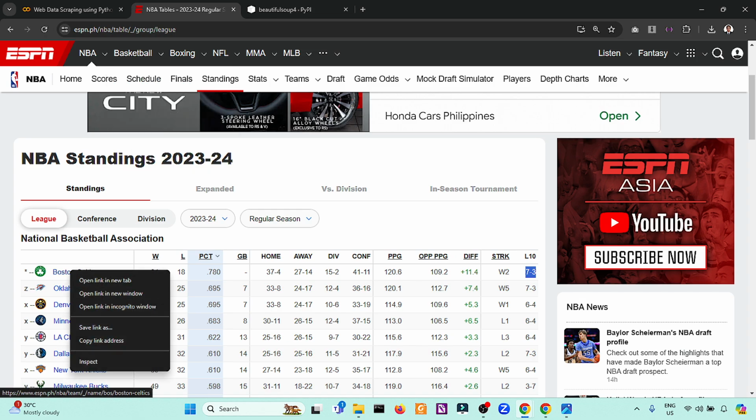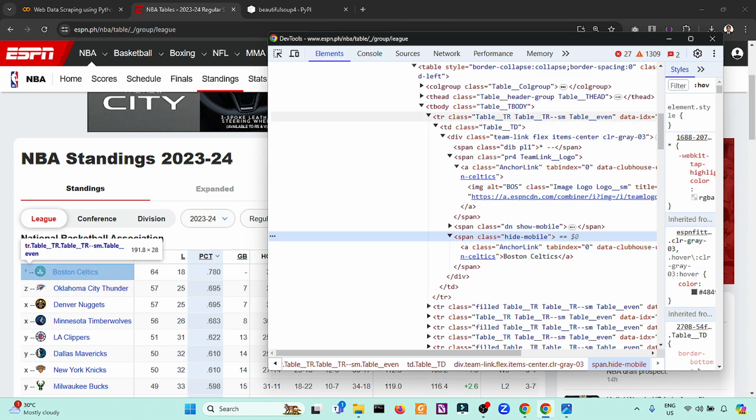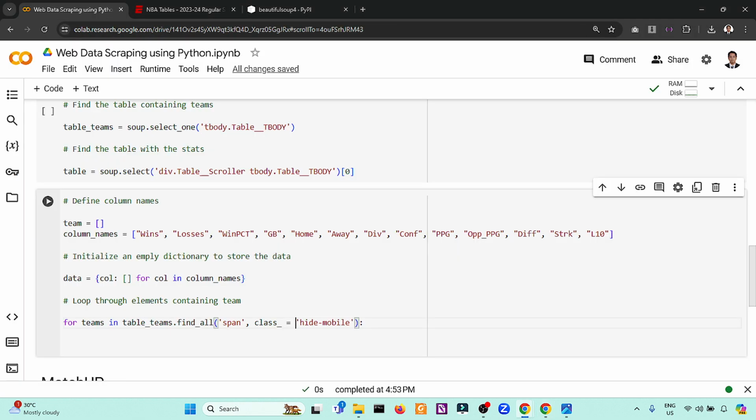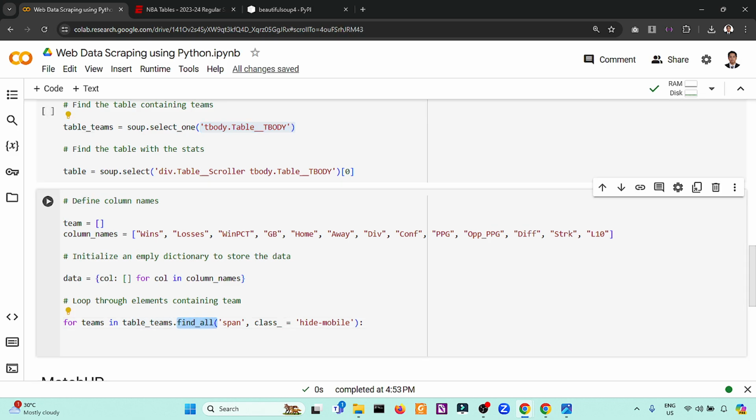So let me inspect this one and explain. Under the table tbody, we have a span with the class of hide mobile. So this one. Under table themes, which is this one, tbody, we need to find all span elements that have a class of hide mobile.